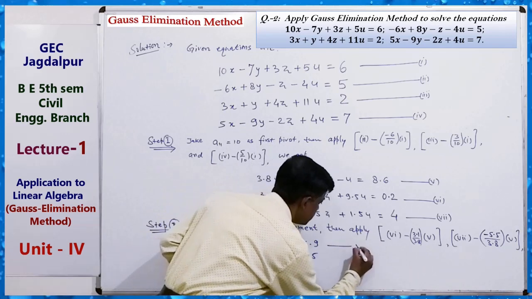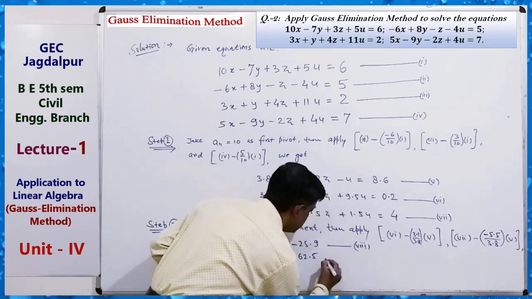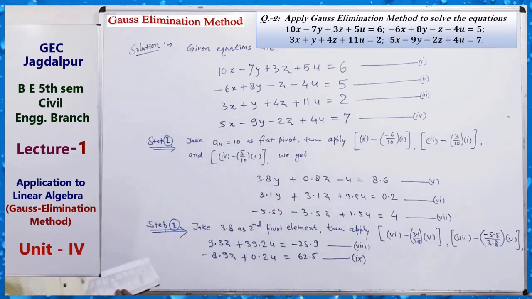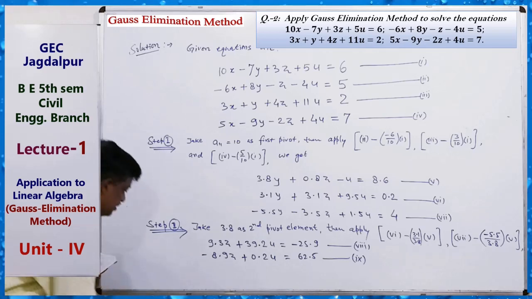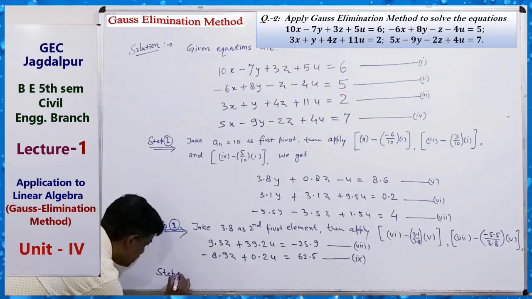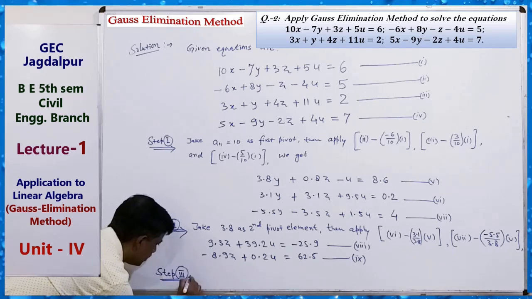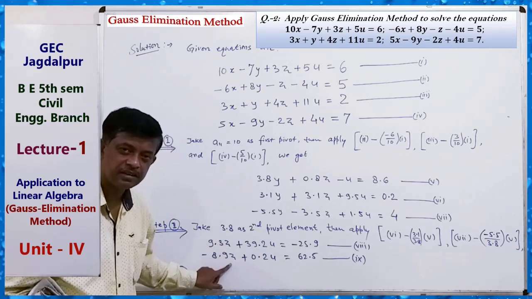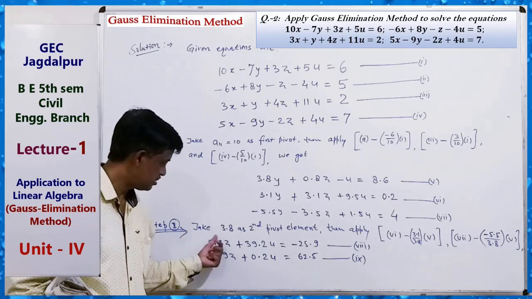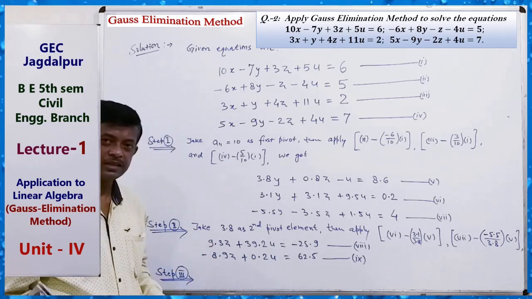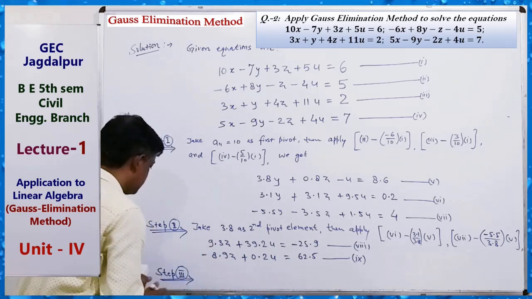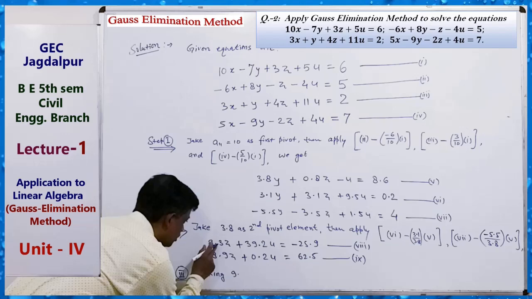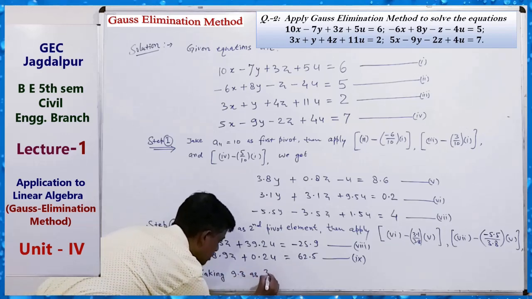After 7, it will be equation 8, and this will be equation 9. Okay. Now our third step will be what? Step third, the same method. You have to make the below equation eliminated using this. So just eliminate it by using this, taking 9.3, this is not equal to 0, so 9.3 as the third pivot.